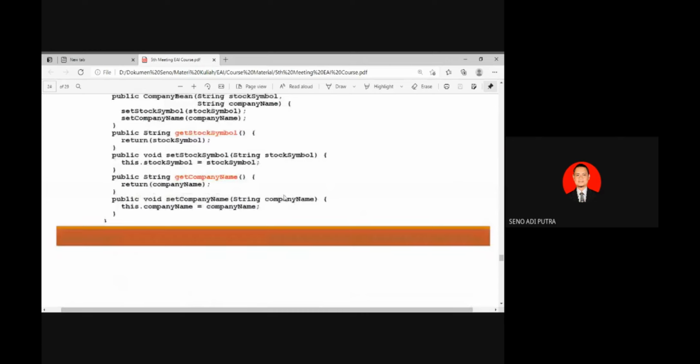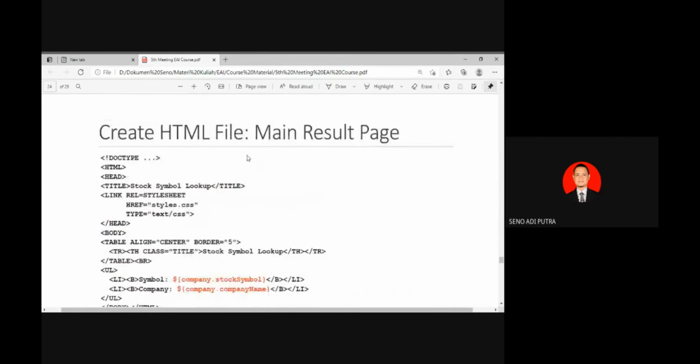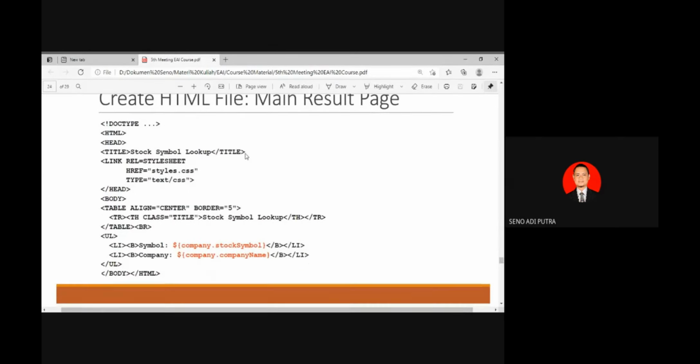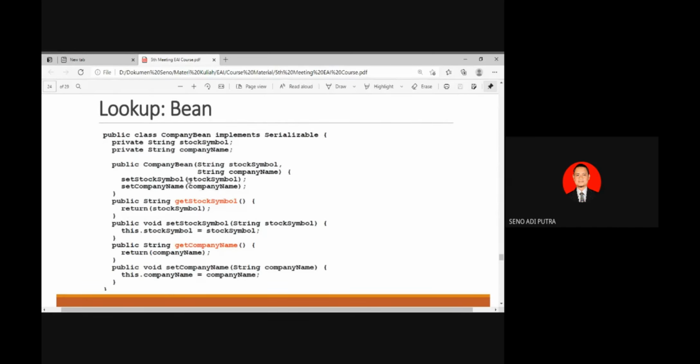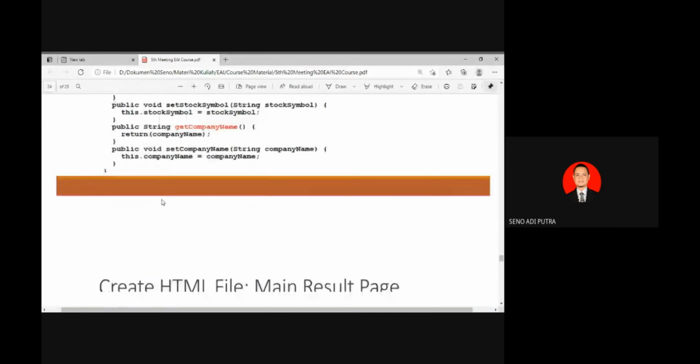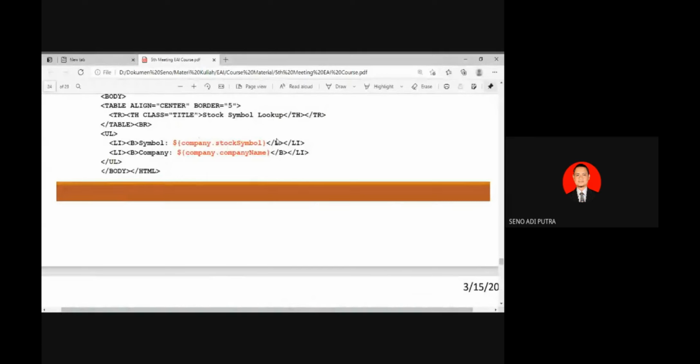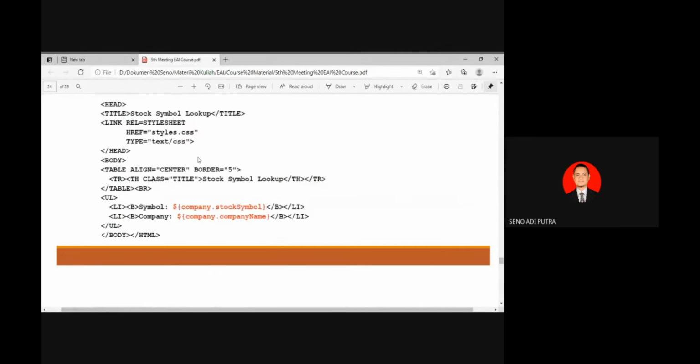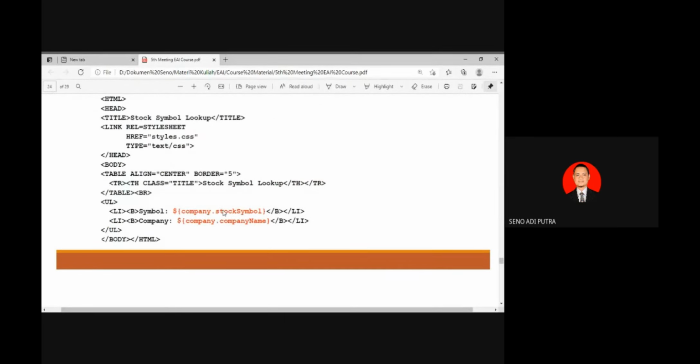Okay, and now we create the HTML, as you have learned in web programming. But how to access the bean here? You can use the following statement: company stock symbol, company dot company name.